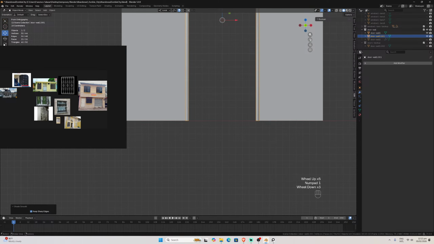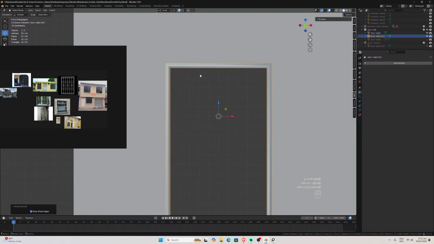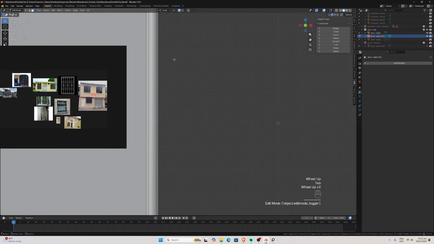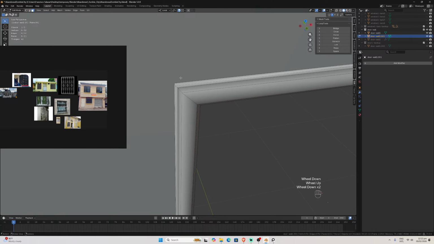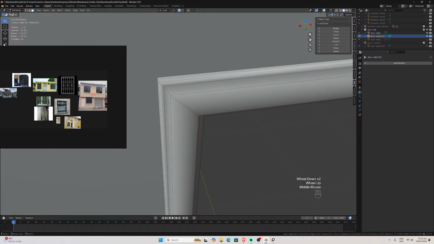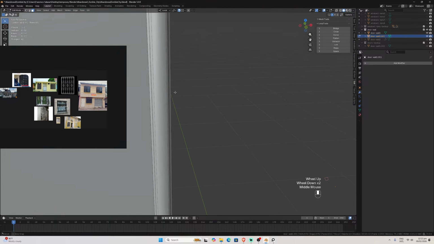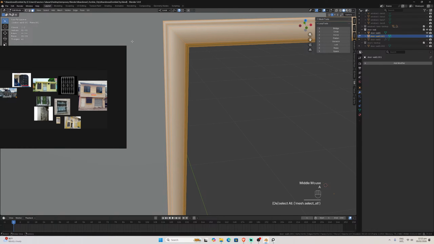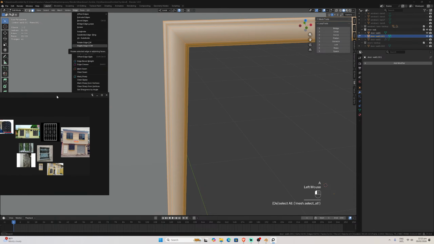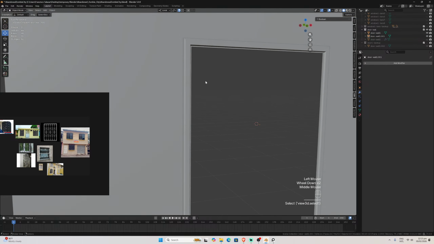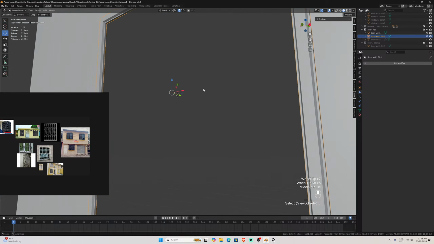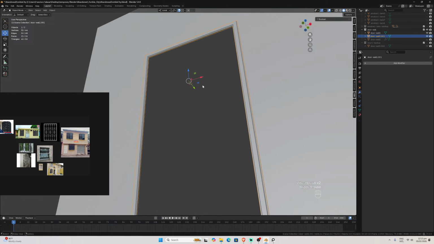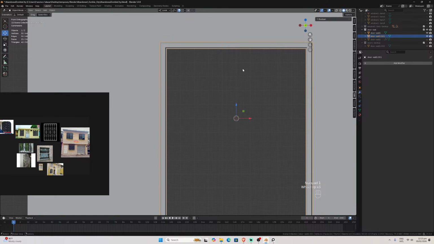I need shade smooth, but in this case I am going to use here. And